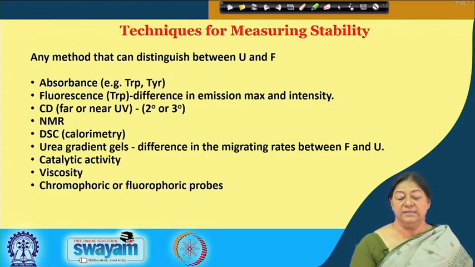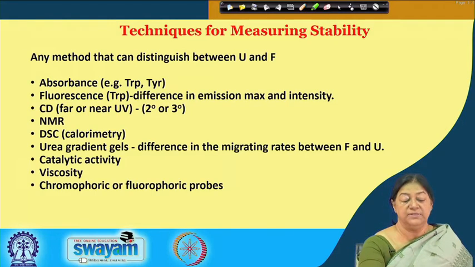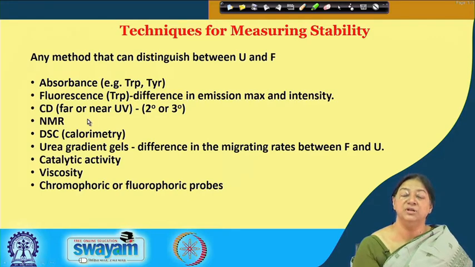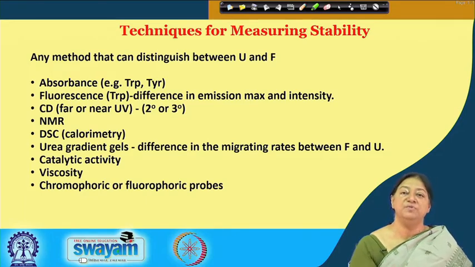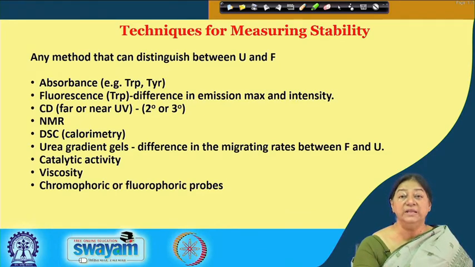The different techniques therefore to measure the stability are, say for example, absorbance, fluorescence, circular dichroism that can measure the extent of the secondary structure. Circular dichroism tells us how much alpha helix we have, how much beta sheet we have. So, if we destroy the structure, then the alpha helix will be destroyed, so the signal for alpha helix will decrease. If we go back from an unfolded to a folded structure where we know that the protein has the formation of the alpha helix, then the signal for the alpha helix will increase.